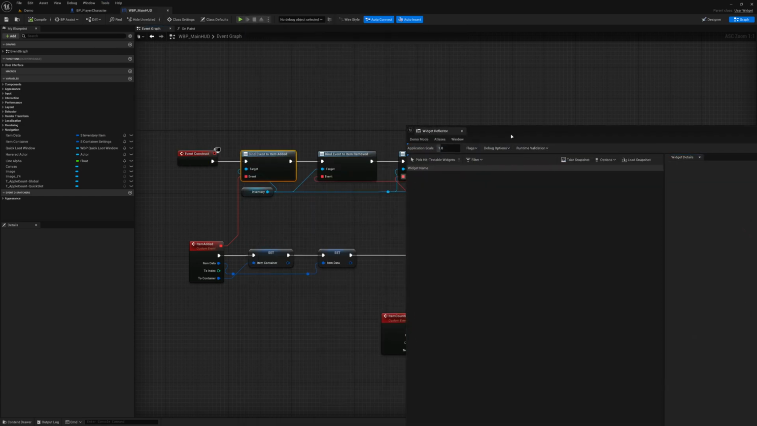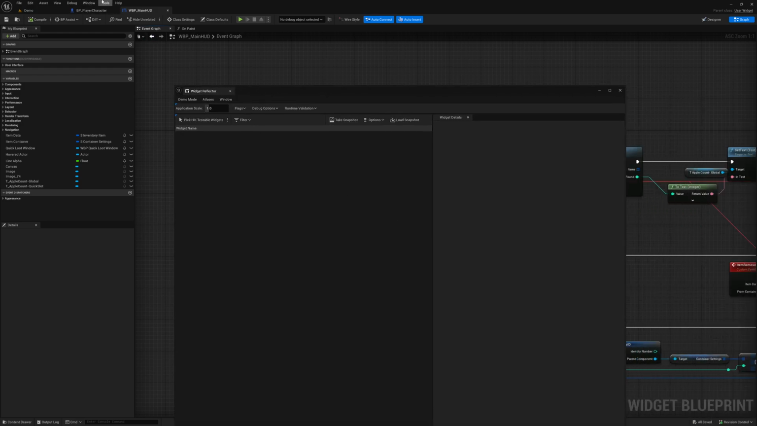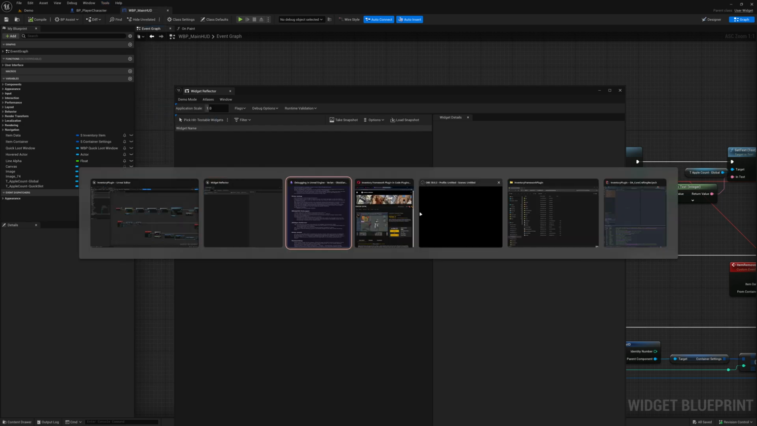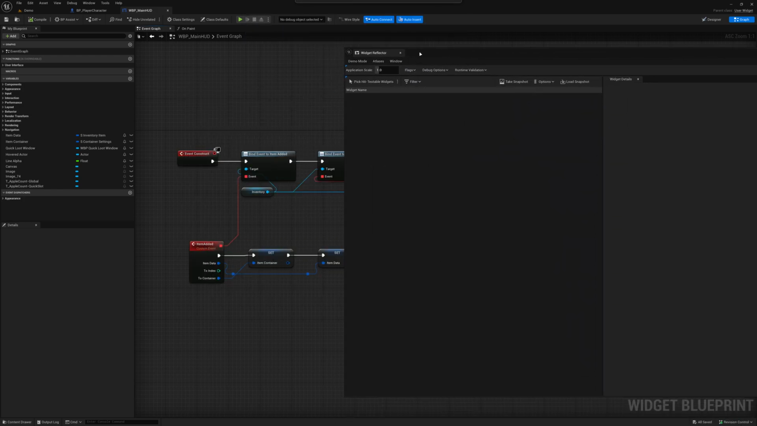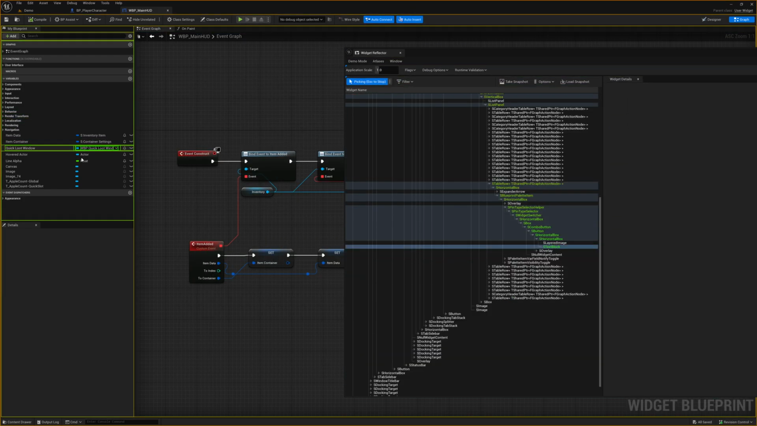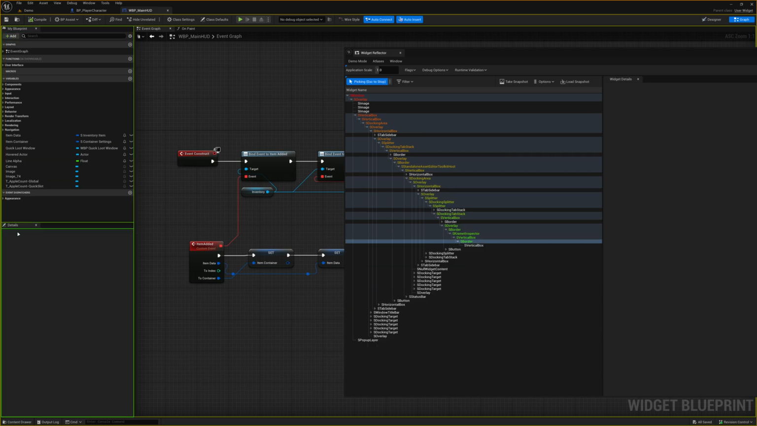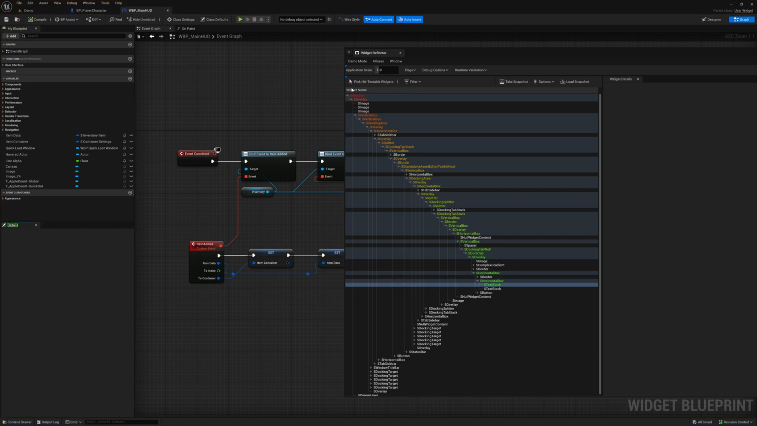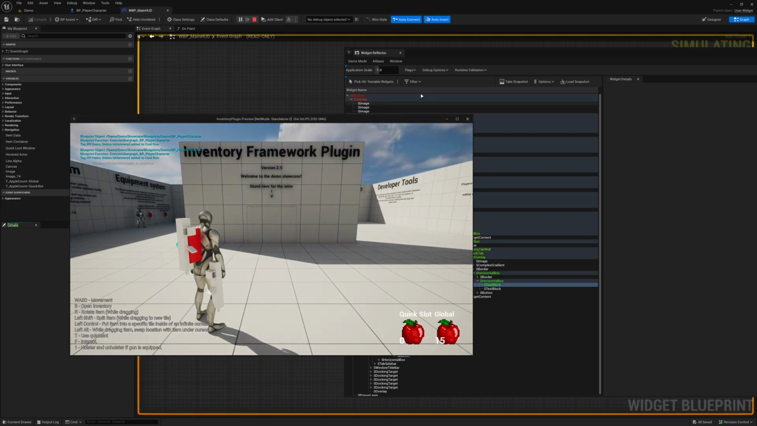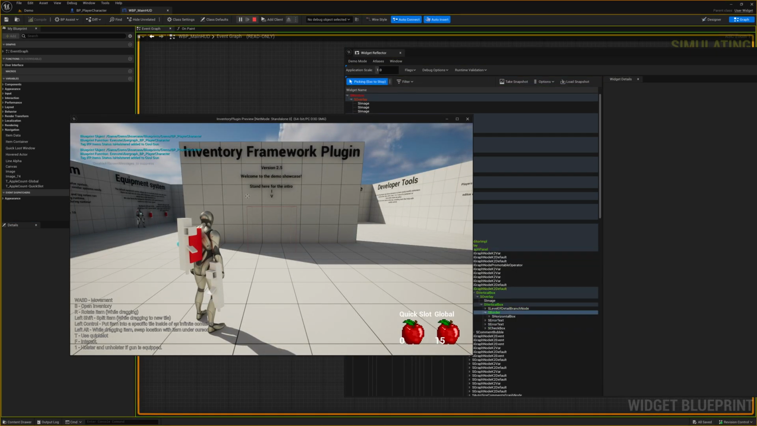The next tool is the Widget Reflector, which can also be found in Tools, Debug, Widget Reflector. And it lets you view the hierarchy and setup for all widgets, including the editor. So if I press pick, you can see all of this popping up. And it lets you see exactly how the editor is constructed. But not just the editor. It also lets you view